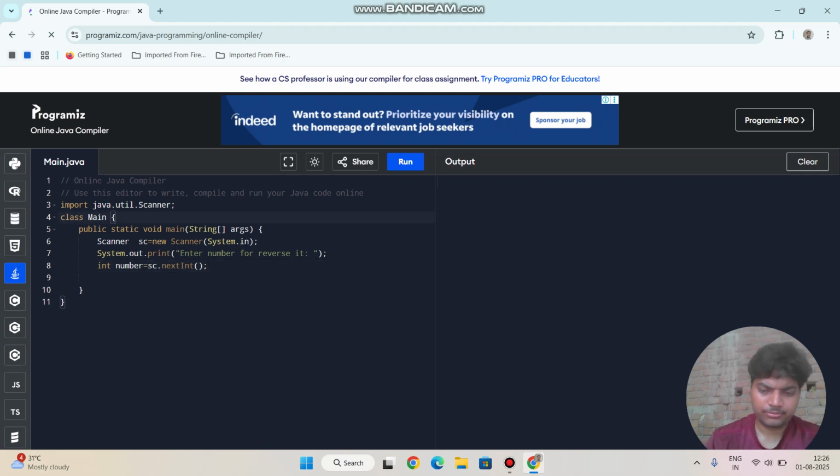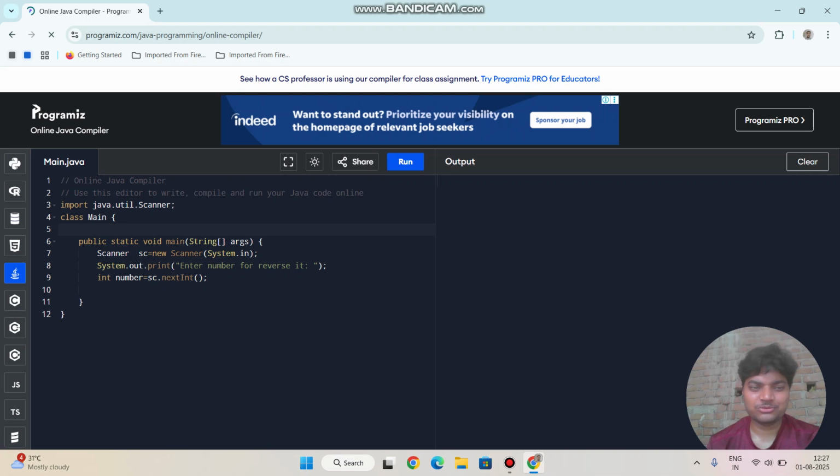I am going to make a function which calculates the reverse of the given number. I am going to make it public static int. Why am I taking the int data type? Because it will return an integer number. I will write the name of the function, reverse using recursion. I am going to take two parameters: the first is an integer and the second one is the reverse of that integer. So int number, comma, int reverse.